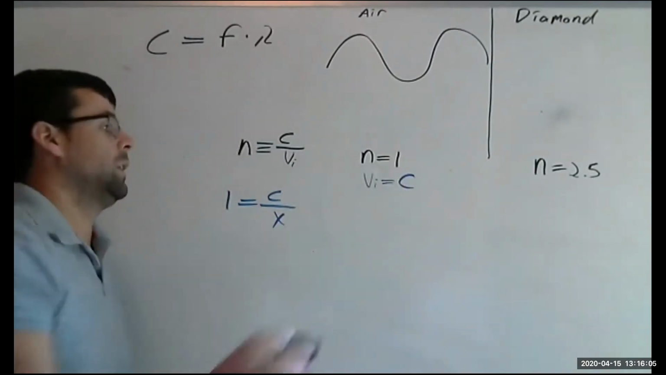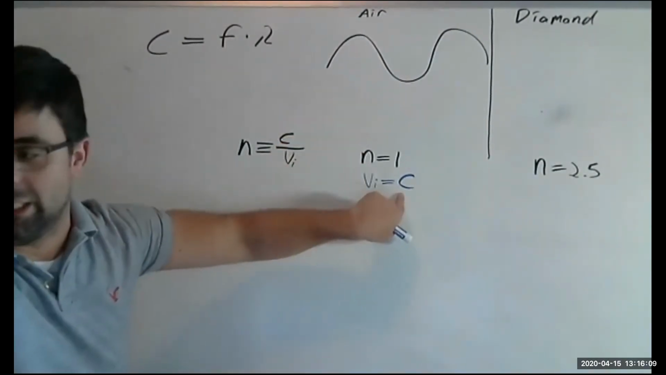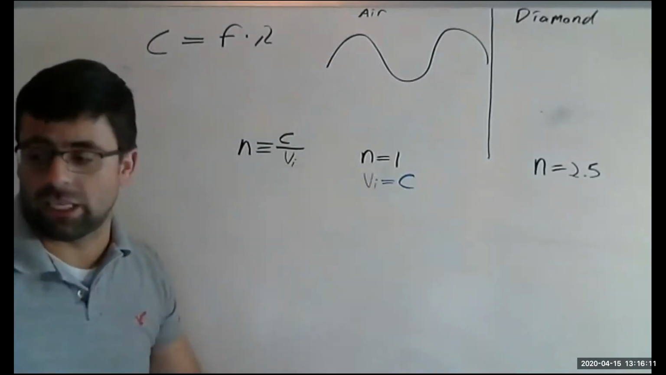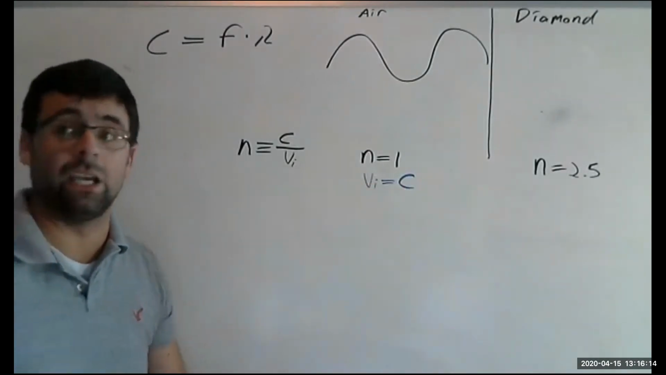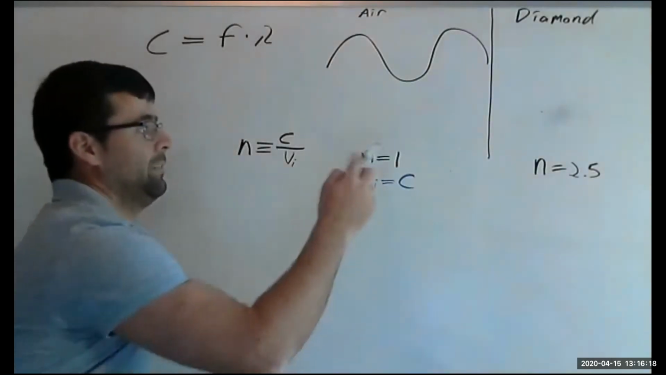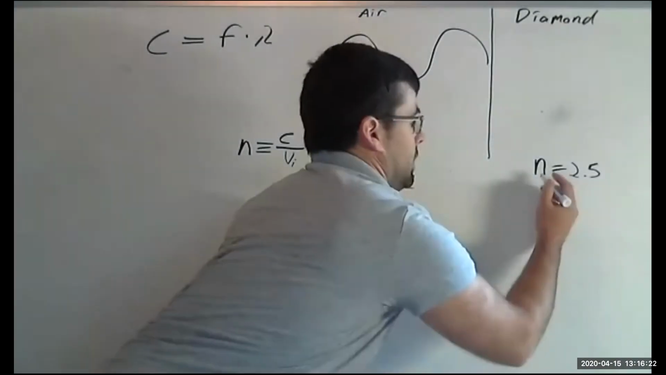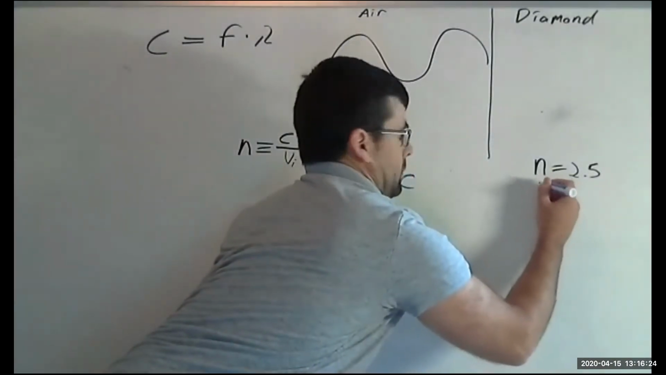So the speed of light in air is approximately c, because its index of refraction is approximately 1. So if n equals 2.5, then what is